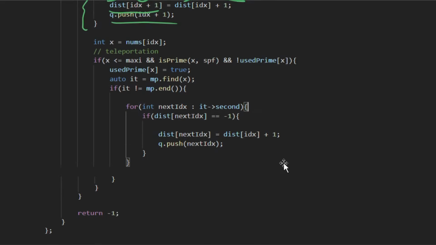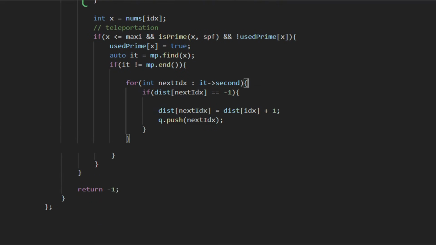Then we check if the element is less than or equal to maximum, and if it is prime and it's not already processed. So three things: prime, not already processed, and lesser than or equal to the maximum element.